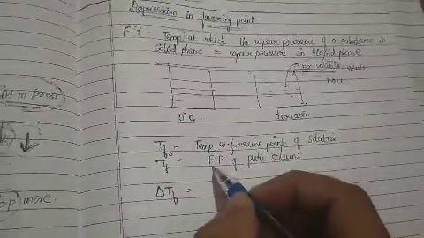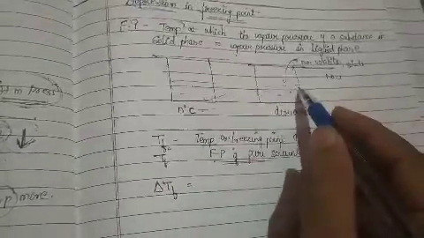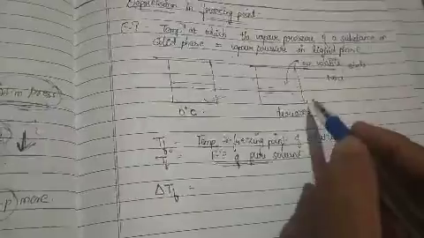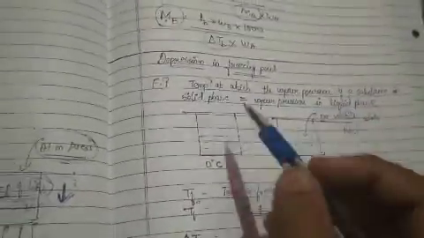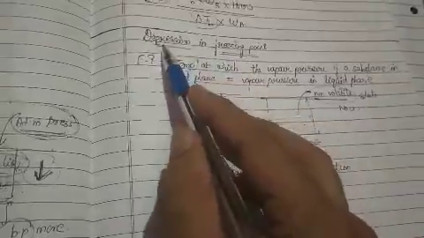Of course we know that the freezing point of the pure solvent is always greater than the freezing point of your solution. If you're not able to remember this, you can just note down the heading, depression in